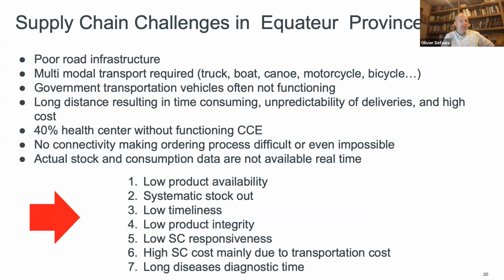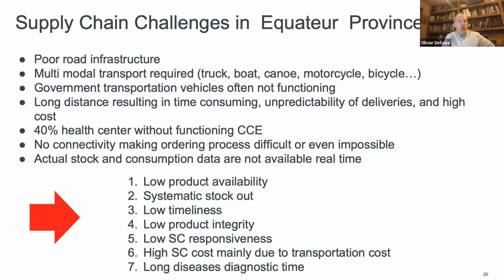And because of the low connectivity, the actual stock and the actual consumption is usually not available each month or whatever frequency you are supposed to resupply, which results in low product availability, systematic stock out,